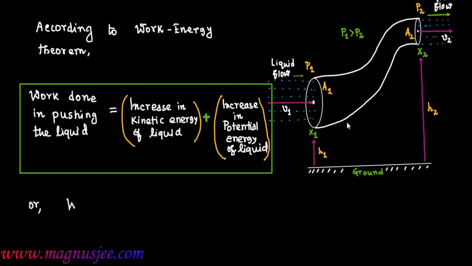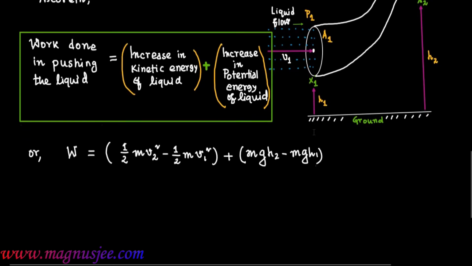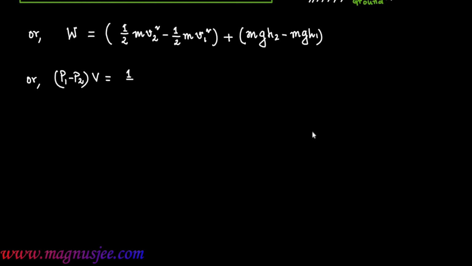And we get work done which is equal to increase in kinetic energy plus increase in potential energy, or W equals 1/2 m v2 squared minus 1/2 m v1 squared plus m g h2 minus m g h1, or (P1 minus P2) times V. Work done is equal to change in pressure into volume. So (P1 minus P2) V equals 1/2 m v2 squared minus 1/2 m v1 squared plus m g h2 minus m g h1,